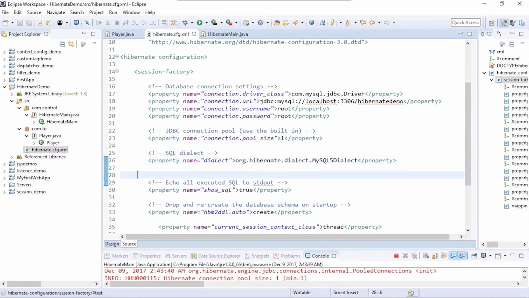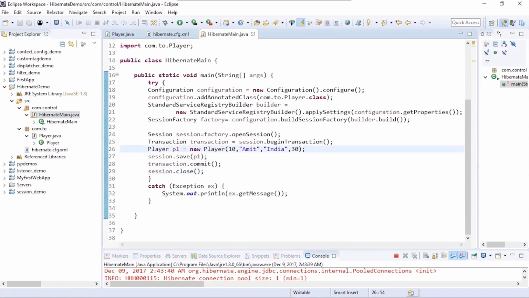Okay, and MySQL 5 is the updated version of the SQL dialect class that will automatically convert and write the SQL statements to insert the data into the database and also create the updated table for me. Right, so these are the two changes that we have done, and the code here continues to remain the same. We have a player object that we are trying to store into the database. So we'll execute this